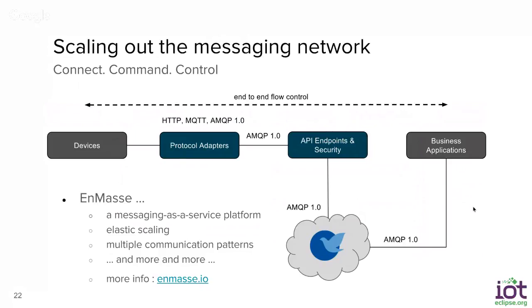Yeah, EnMasse is a project started by Red Hat, and is a messaging as a service platform. So the main objective of EnMasse is just providing you a messaging infrastructure, but as a service. So you can just use a console for creating an address, something like a direct address that we use, for example, for telemetry, or you can just create a queue, a topic, and the platform will take care for you about using the router for that, or creating a queue inside the broker, or creating a new instance of the broker, or something like that. So as a messaging as a service, it is all managed for you.